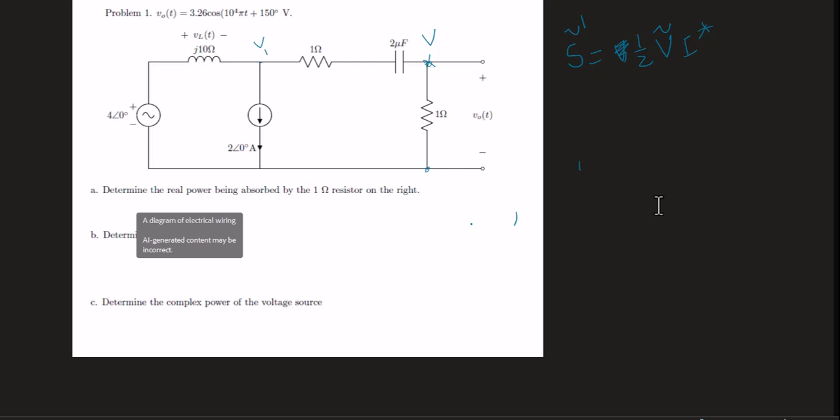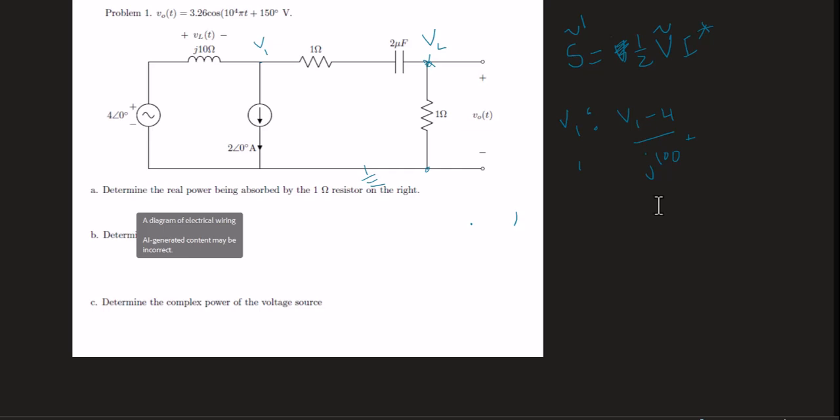So I'll have V1 and I'll have VL over there, and I'll make this ground. And so for V1, my nodal equation will be V1 minus 4 over J100